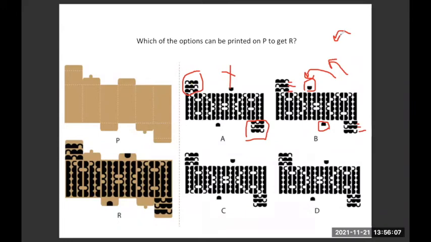Besides this, is there any other error here? If I rotate B by 180 degrees, will there be any error besides this? Yes, ma'am. There is an error? Yes, ma'am. What is the error? Ma'am, the bottom part, the first semicircle would be empty, but in R it is not like that. So you are saying this part, right? When this part gets rotated, here it is empty and here it is filled, so this is also wrong. Okay, B is also wrong then.